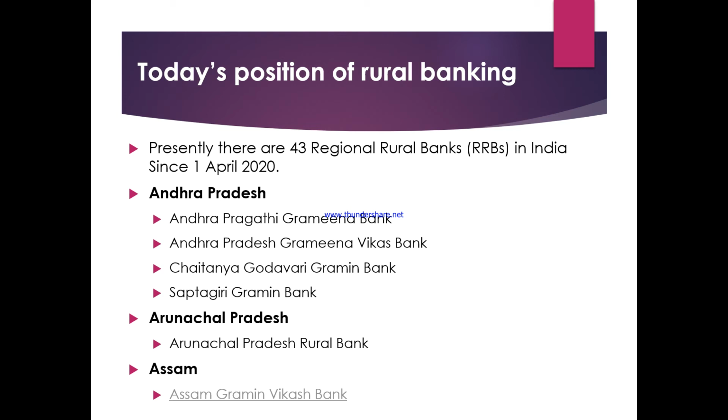Presently, there are about 43 regional rural banks as of the April 2020 record. These are the states in which regional rural banks have been established for the purpose of lending to the villagers and farmers, and for small-scale industries, etc. So we have in Andhra Pradesh four such Gramin banks. Then we have